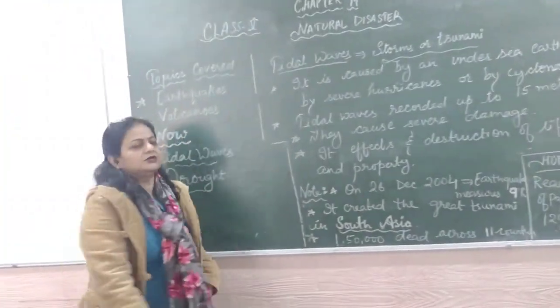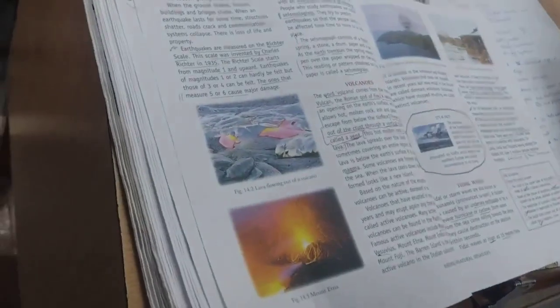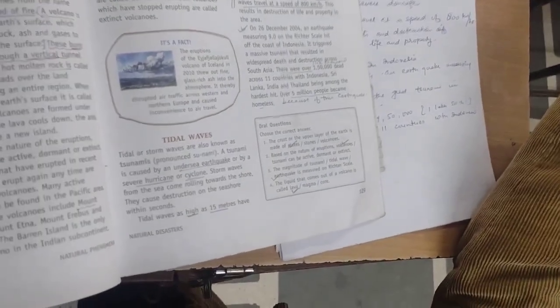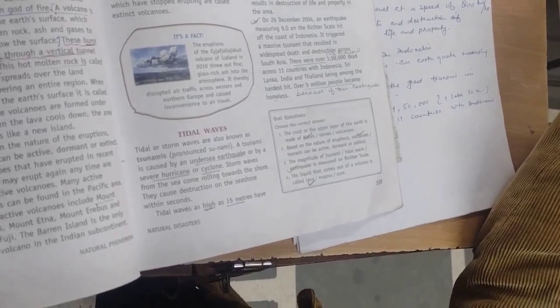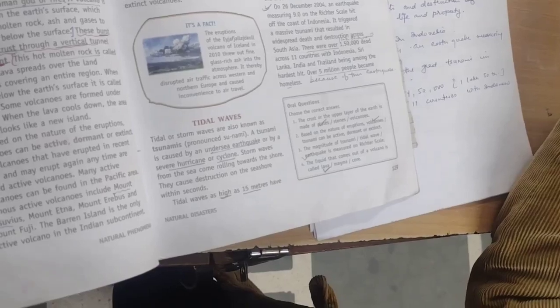Now all of you open your books. See your book now. Open page number 129, Tidal waves. Now let's read the topic. Tidal or storm waves are also known as tsunami. Underline that. A tsunami is caused by an undersea earthquake or by a severe hurricane or